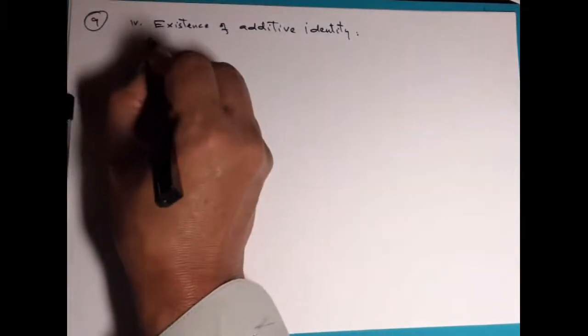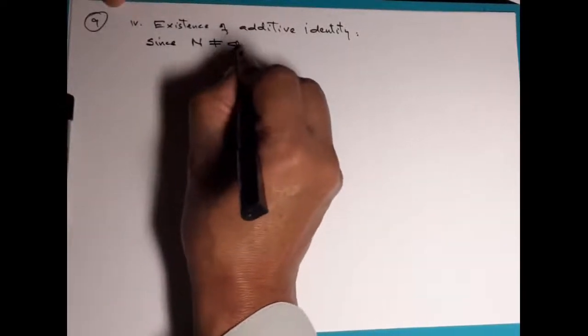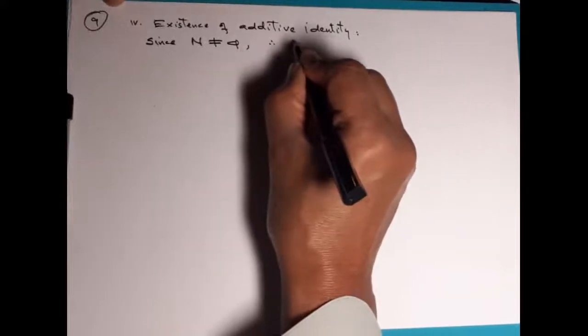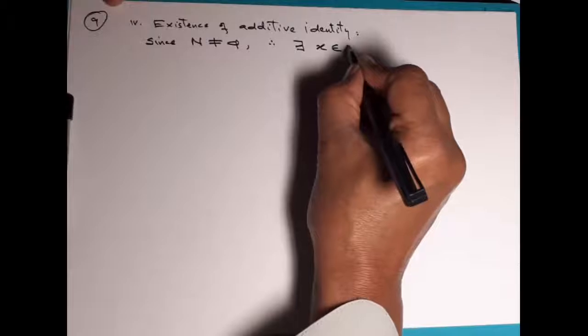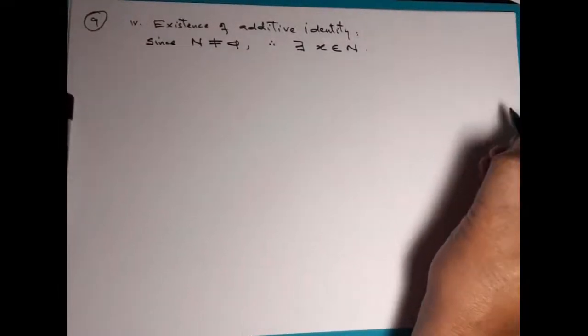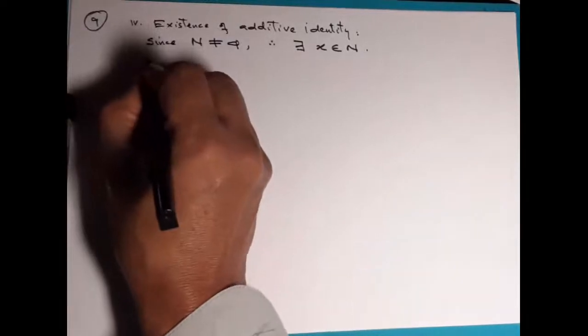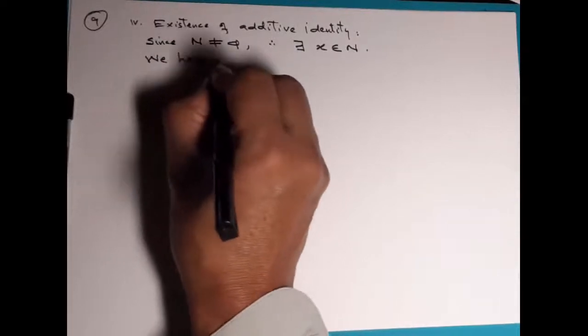Since N is non-empty, there exists an element x belonging to N. Since it's non-empty, it has some element. We have just proved that